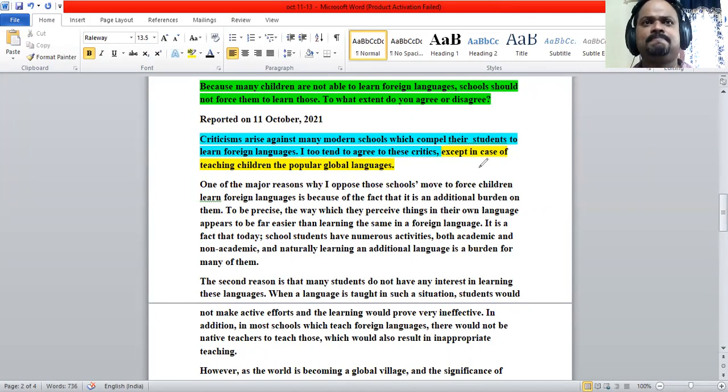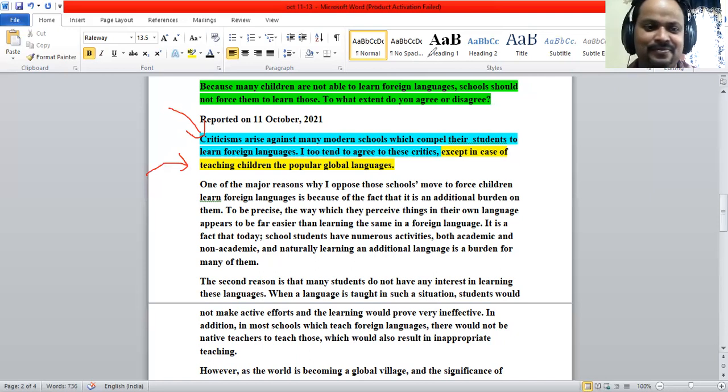They have options in many schools. Second language, English. Second language, French. Second language, Spanish. Second language, Mandarin. So these are the popular languages which can play a very crucial role in the global communication sector. So we can exclude those languages and we can say, I agree. I don't agree to force children to learn unnecessary languages,